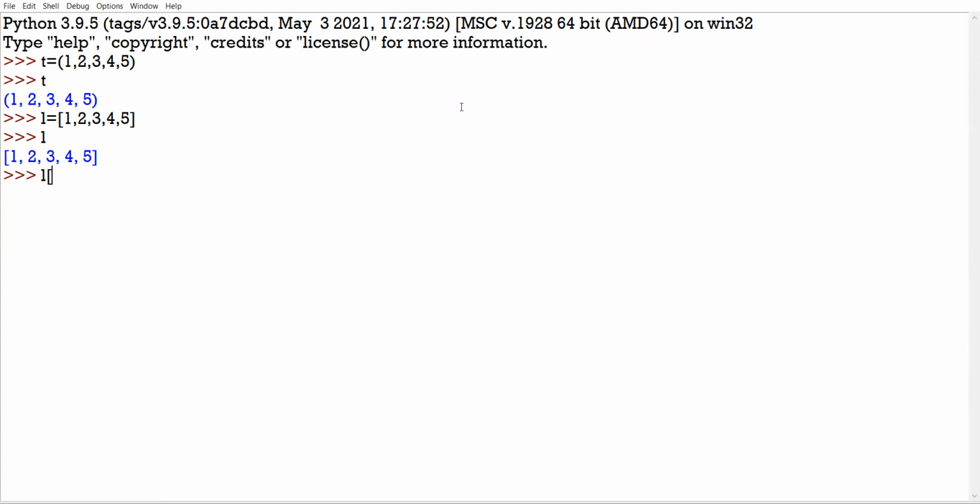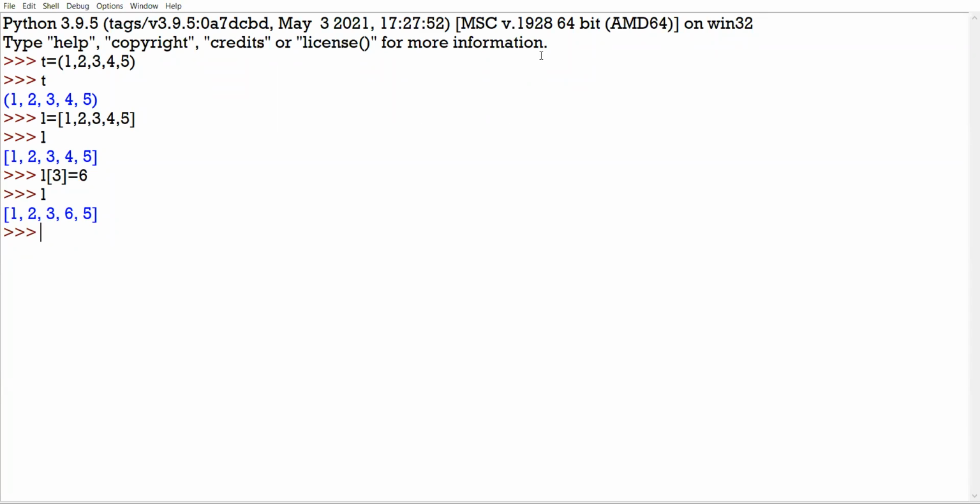Now I try to change any element at any index. I want to assign the new value to the element lying at index 3. I can easily do it. Check it.